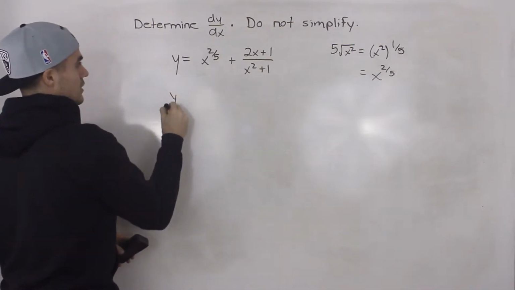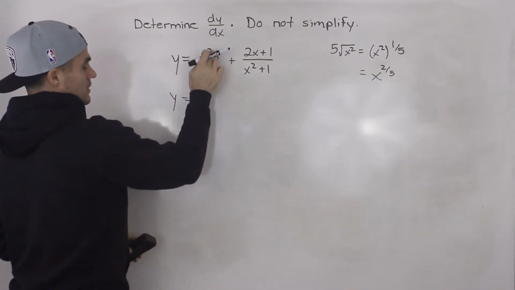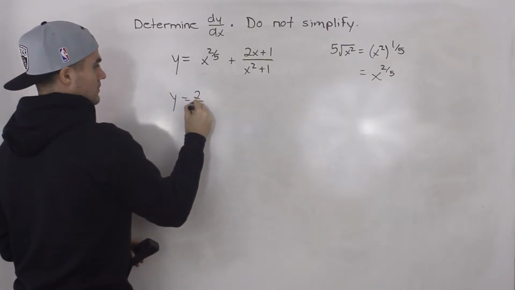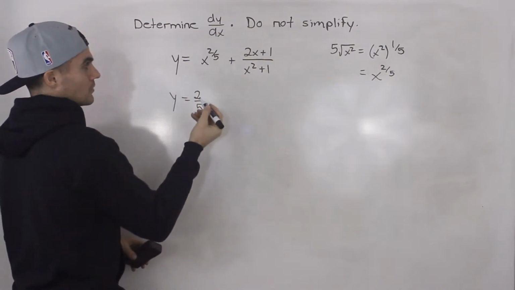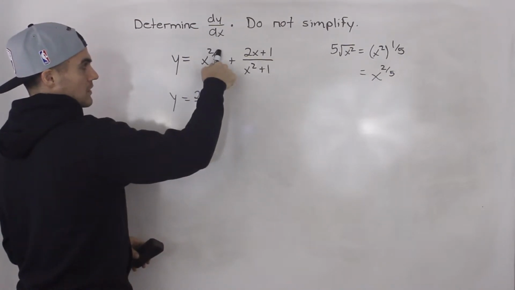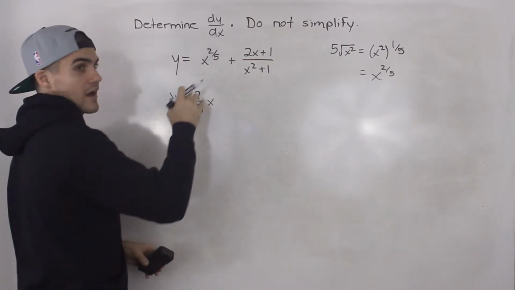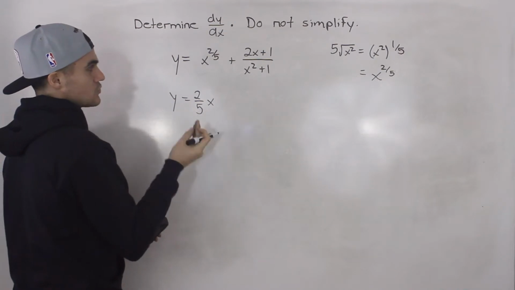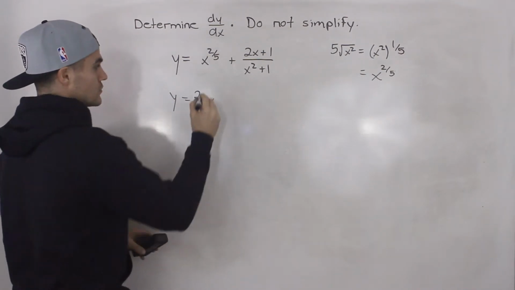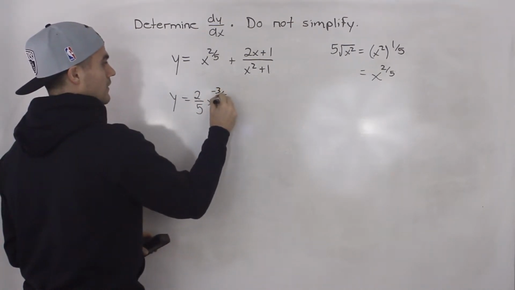expressions. So starting off with this first one, 2 over 5 comes down, right? We're just going to use the power rule. So x to the power of something, we bring the exponent down, then we subtract 1 from the exponent. 2 over 5 minus 1 is like 2 over 5 minus 5 over 5, which gives us negative 3 over